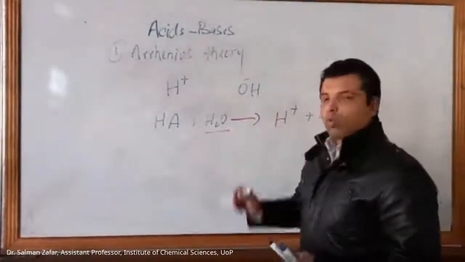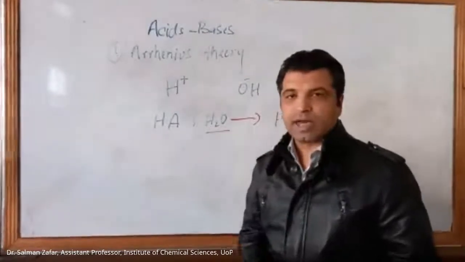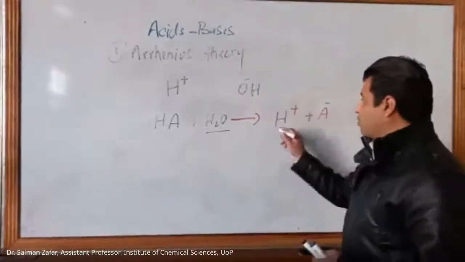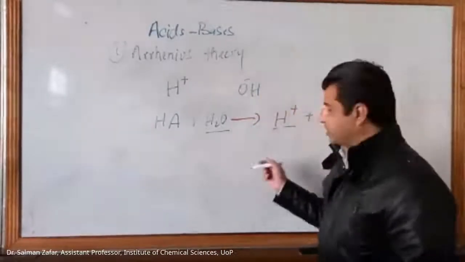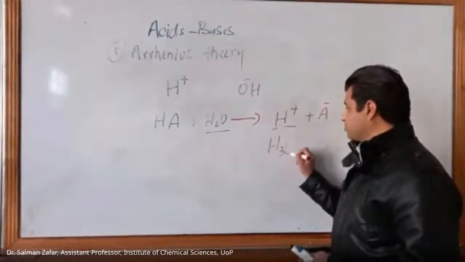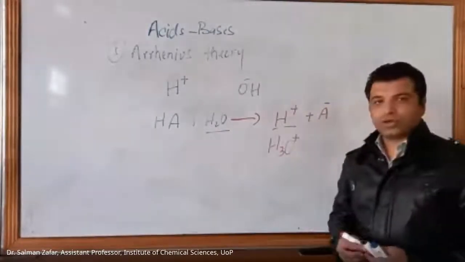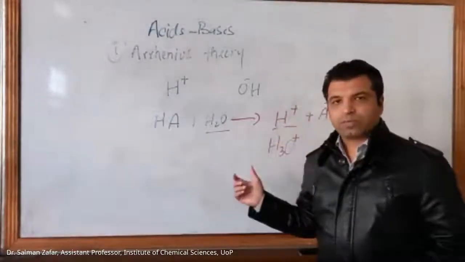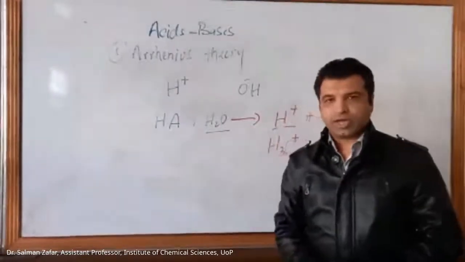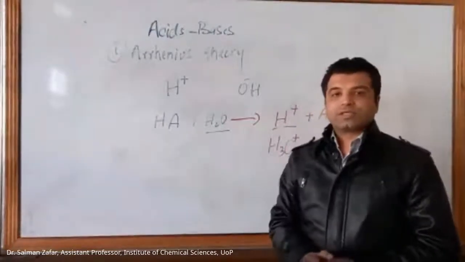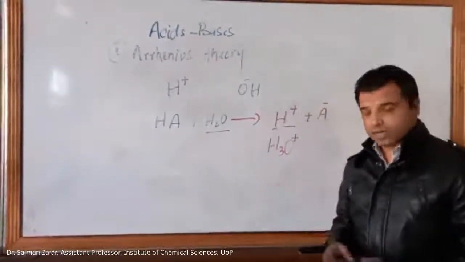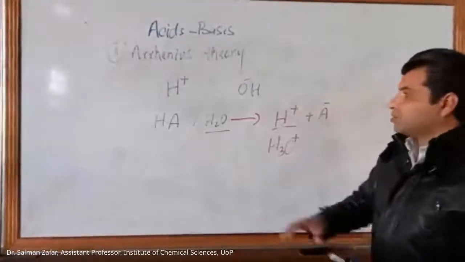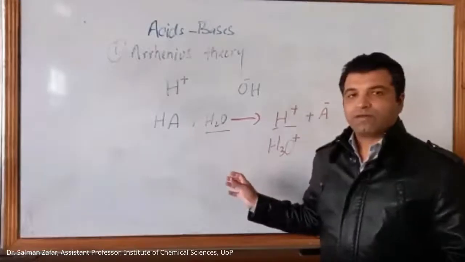But because we have water here as well, and Arrhenius defines acids and bases in aqueous solution, how can you write it? Instead of H+, you can also write it as H3O+. So this cation, H+ or H3O+, is known as the hydrogen ion. It is also known as the hydronium ion or oxonium ion. A minus is called an anion. Right? So this was the general formula for an acid.